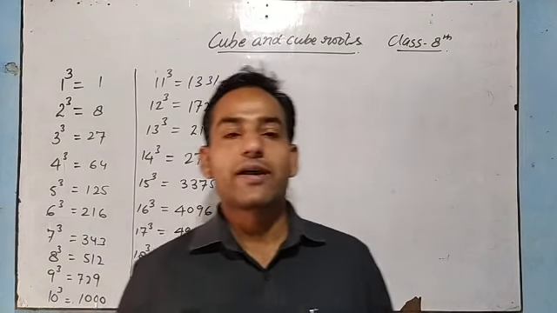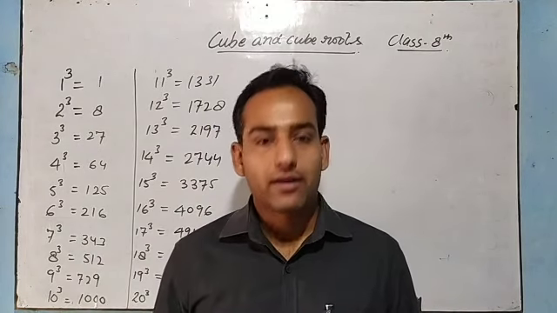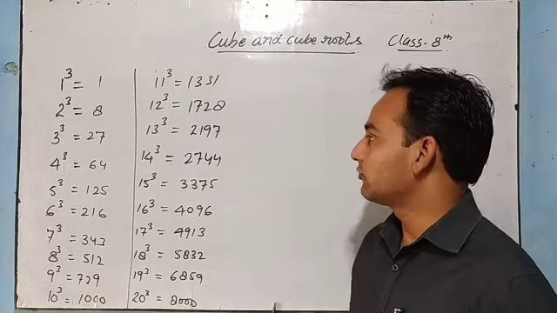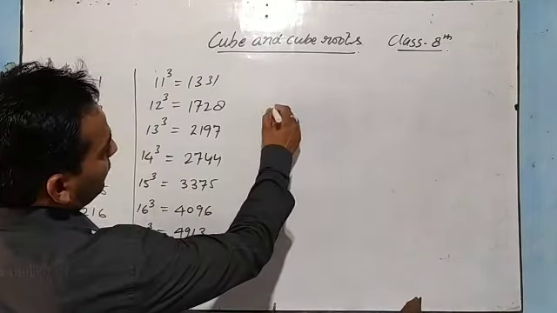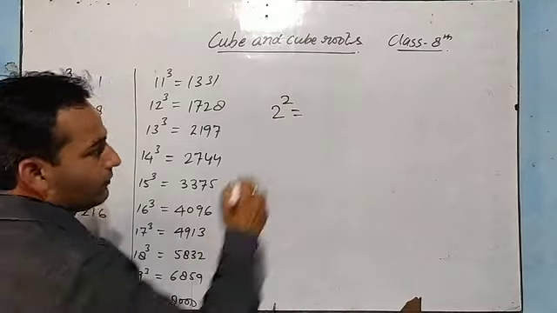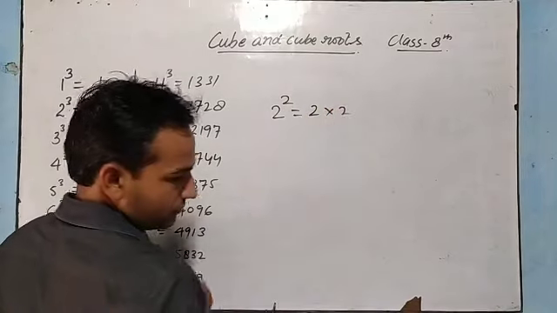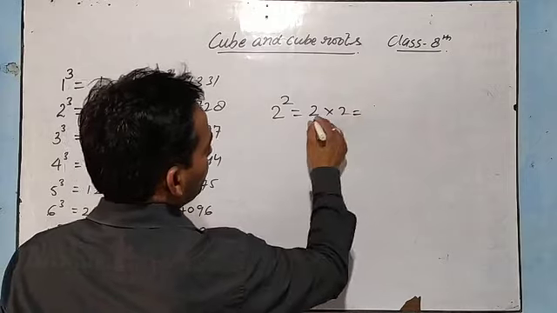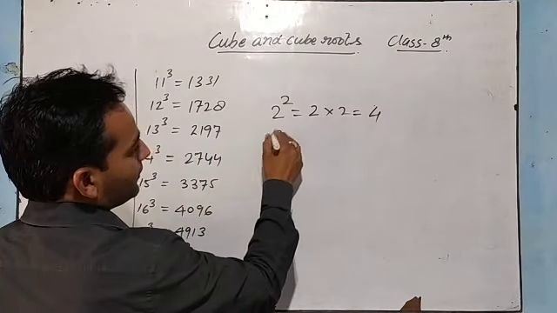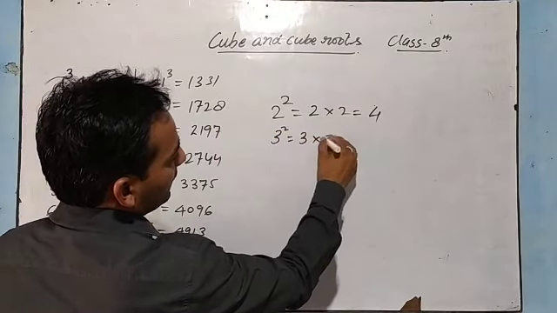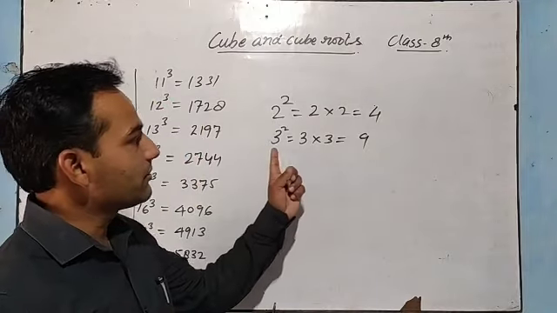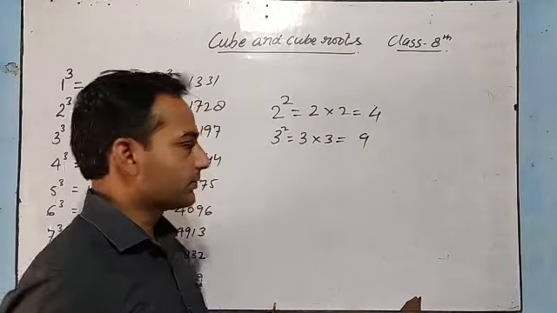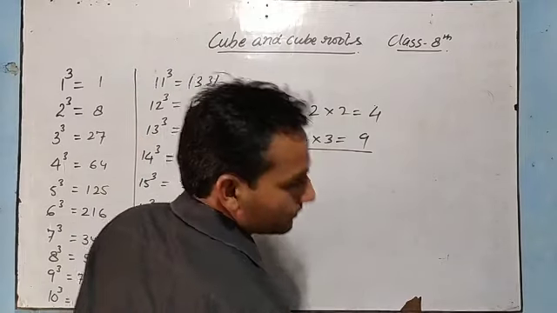As I have told you, square of any number you were doing by multiplying the same number by the same number. Like if we have to get the square of 2, we were doing 2 multiplied by 2. So we were getting 2 2s are 4. 3 square means 3 multiplied by 3, 3 3s are 9. Sometimes what we do, 3 square means 3 2s are 6, you write. That is wrong.